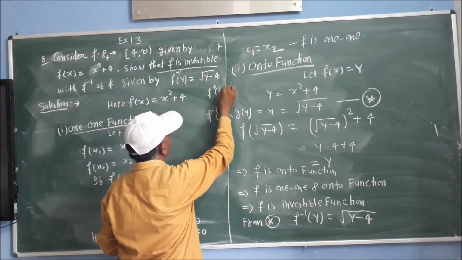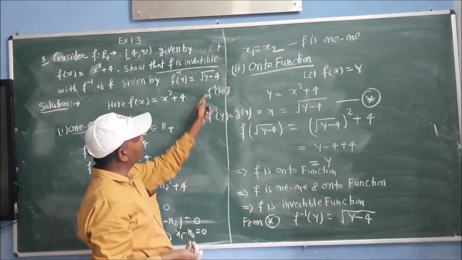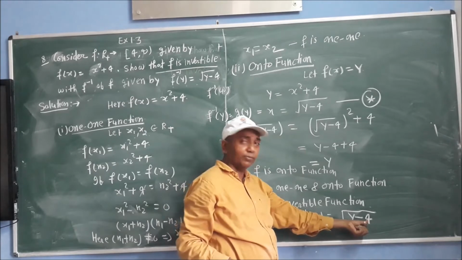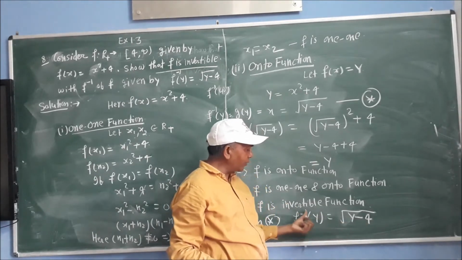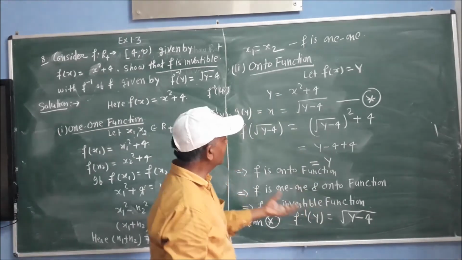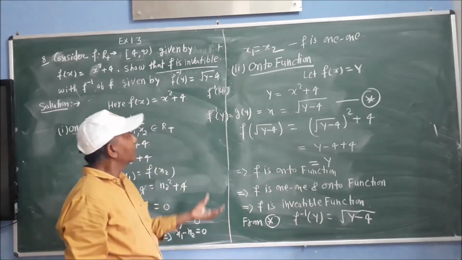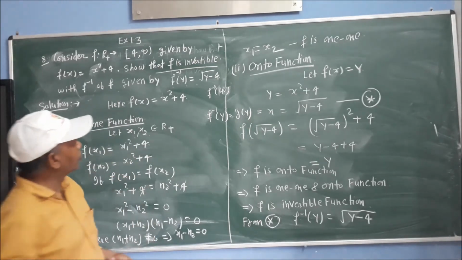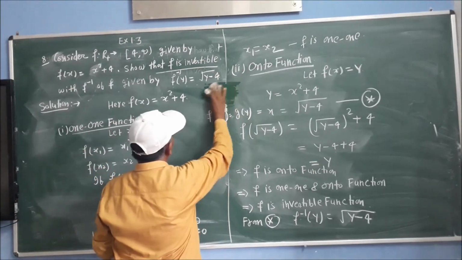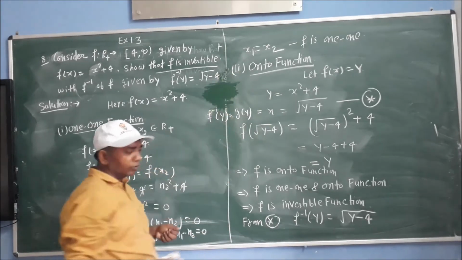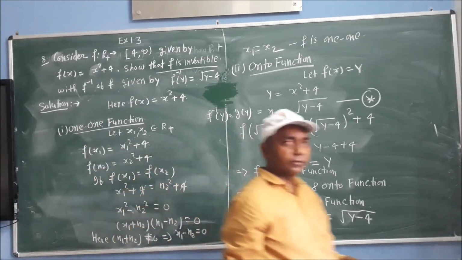In this question it is also asked: what is the value of f inverse 40? So f inverse 40 will be equal to 40 minus 4, that means 36. What is the value of f inverse 6? That is y is equal to 6. In this question it is not asked, so that is why I am not telling you to solve it. But in the final examination such types of questions may be asked. So this is all about this question. You see it correctly.